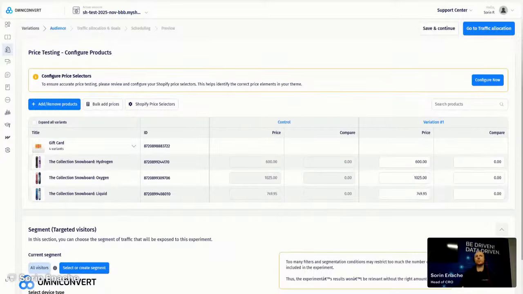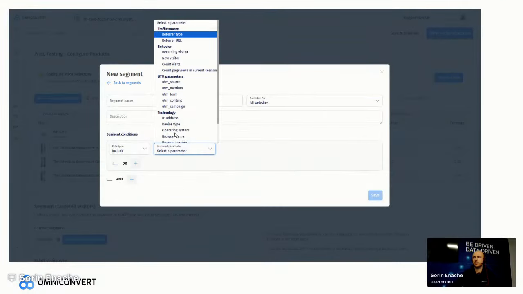Like if you want to show a Facebook ads campaign which is discounted only for Facebook, you can use the segmentation to target those visitors via UTM parameters and show them two different prices, one with a lower discount and one with a higher discount, and see which one converts better and which one brings you much more revenue. And to do that, you go to the segment selector and you can use the available parameters in here,